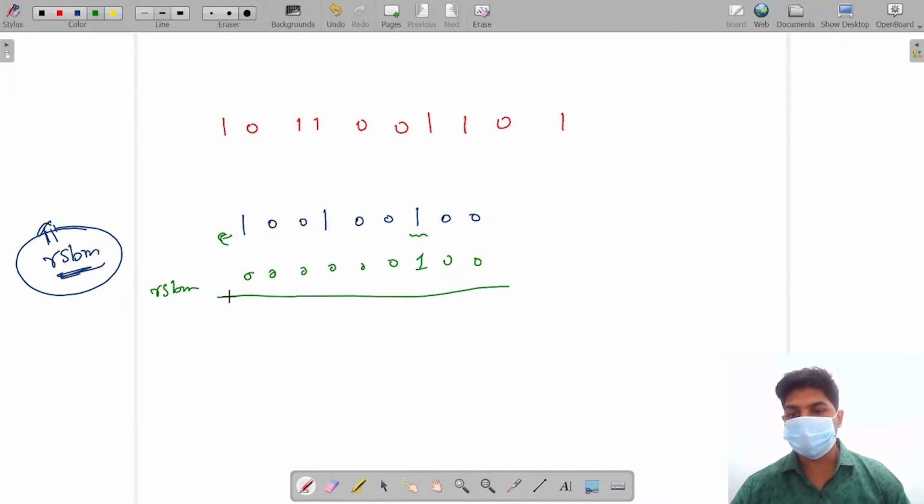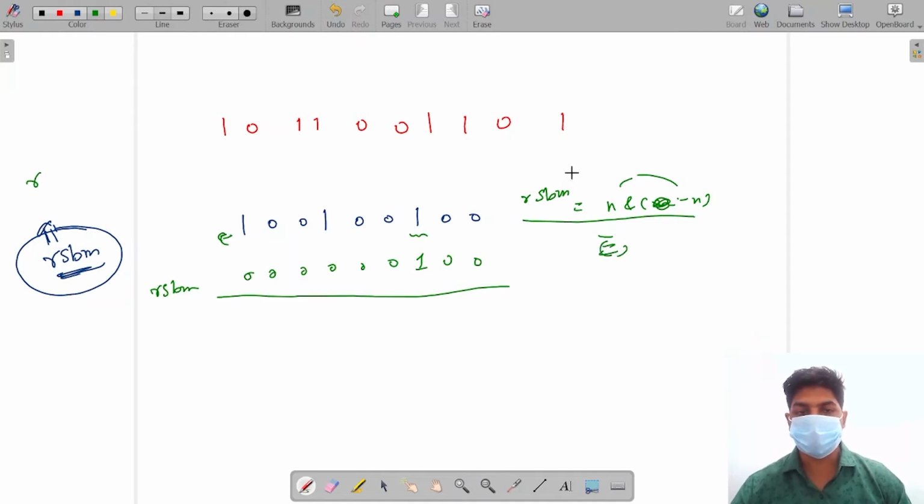And how do we generate the rightmost set bit mask for a number? If we simply perform the AND operation of n and minus n, that gives us the rightmost set bit mask. There is a proof for how this formula came, how the AND operation of n with negative n gives us the rightmost set bit mask. If you want to learn that, you can refer to the previous video in this series. For now I am assuming that you know how we came to this formula, so I am going to use it in Kernighan's algorithm.